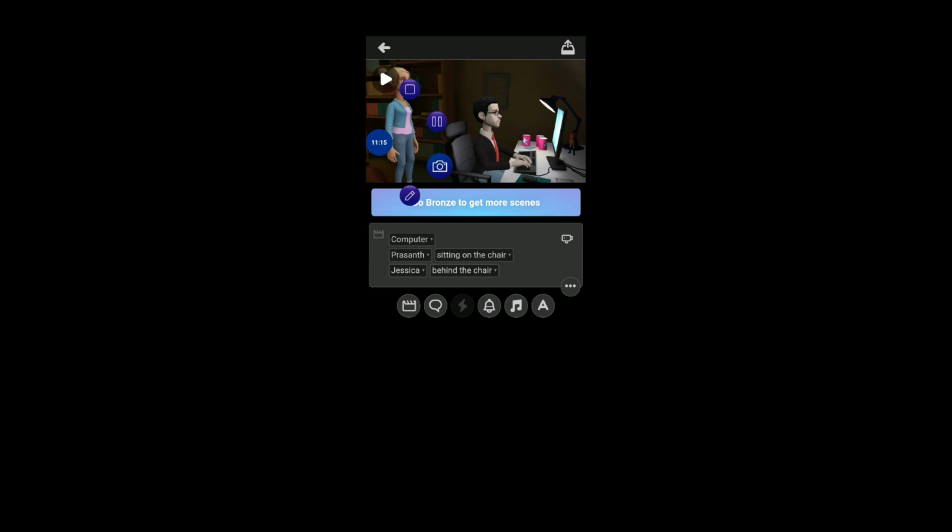First of all you have to press the chat box, then select the actor. By pressing on the no actor, you have to select the character for which we have to give the audio. So I am selecting the character Prashant. Then what are the additional features we have? We have to use them. We can change a lot of expressions of this character. Just click on the neutral icon. You can make a lot of changes, a lot of emotion. We can bring a lot of feelings and emotions on the face of the character.